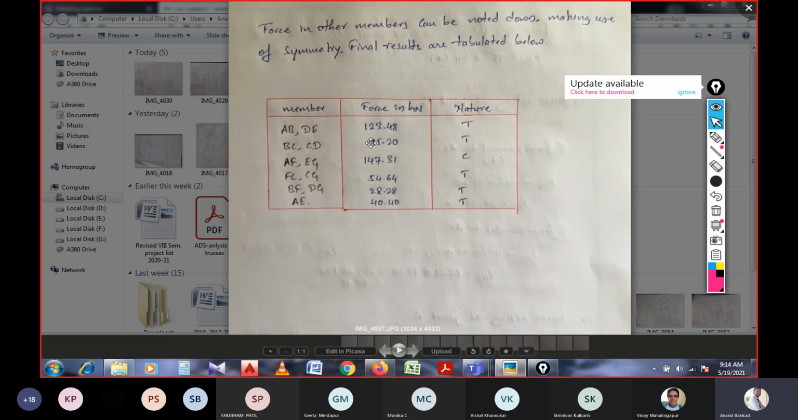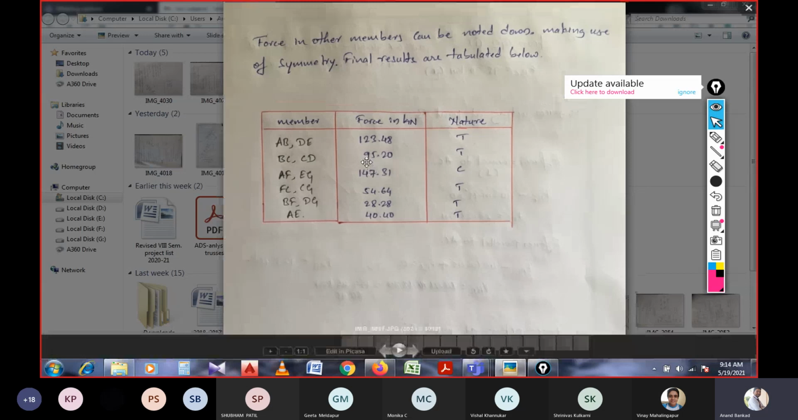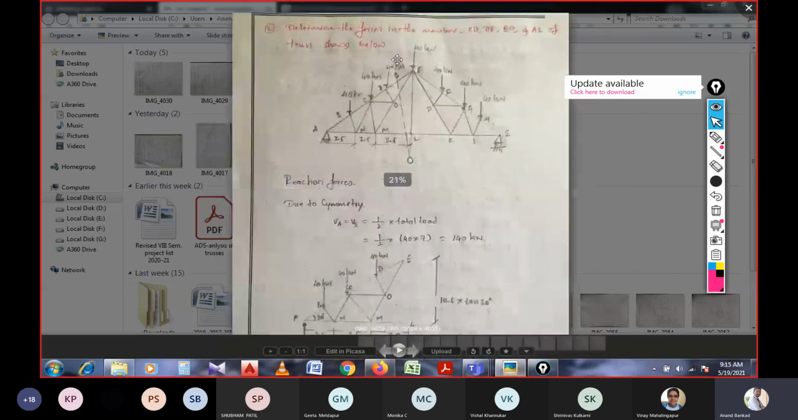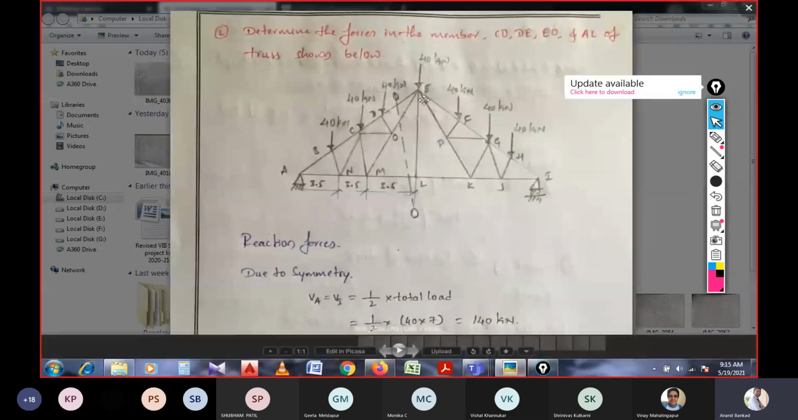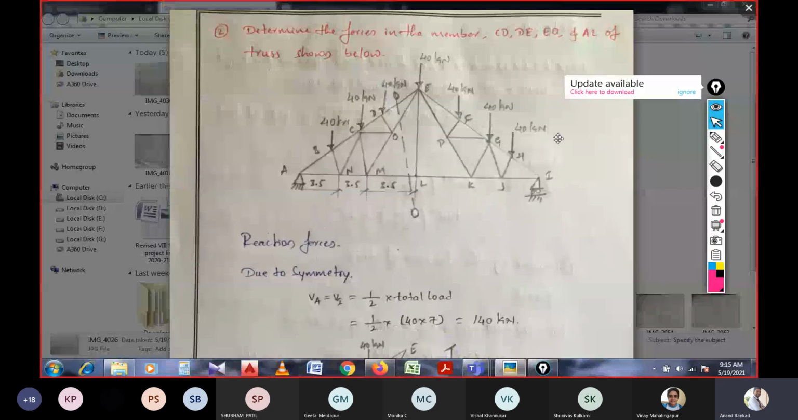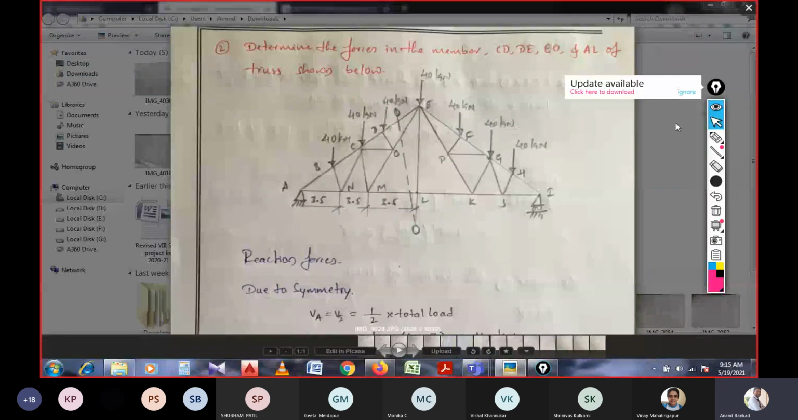So at the end we must do this table, and to be clear about the calculation, what we have done in the analysis, right? And here we can take another new problem, and that is another truss. Why we are considering this truss for the discussion is because in the previous problem we have observed that